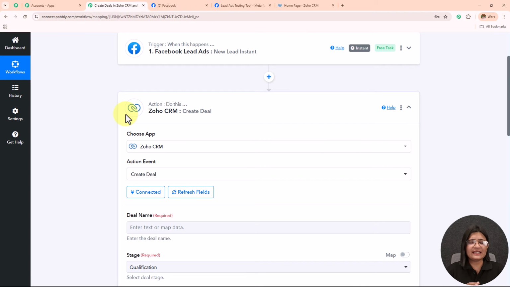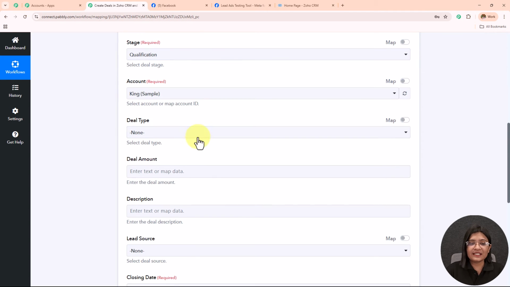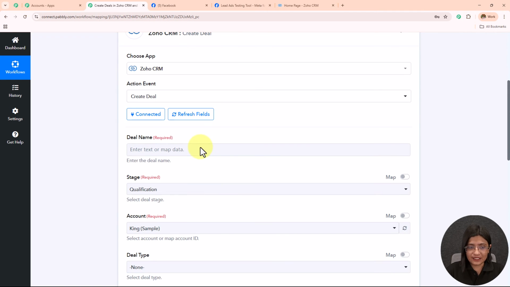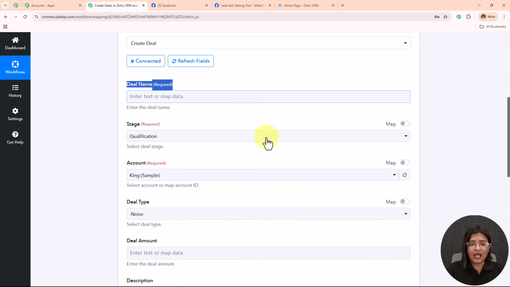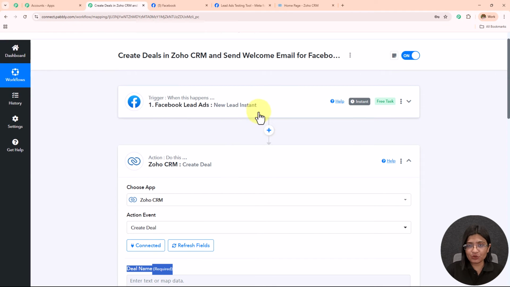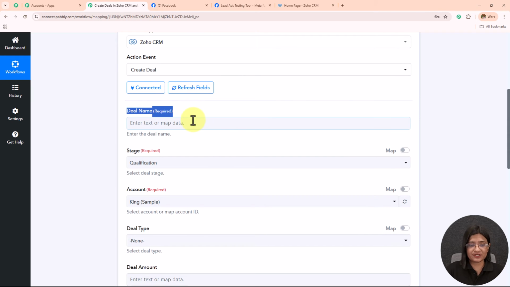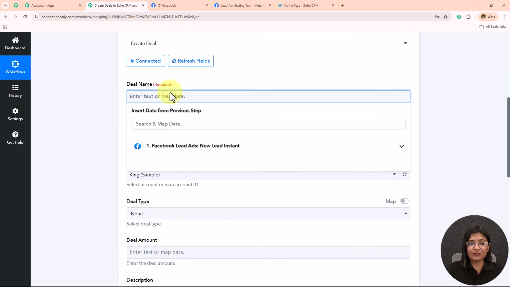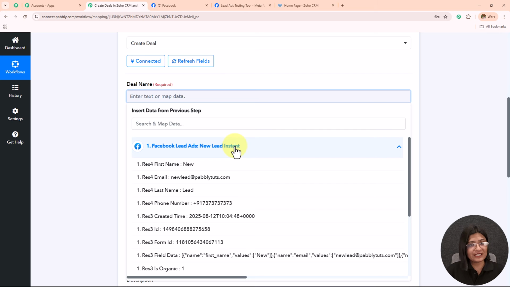Now here your data is completely saved with Pabbly Connect, so you can do this too. Zoho CRM is connected. I'm going to enter all these details now. So first is the deal name. I'm not going to enter any of these details manually here. I'm simply going to map all the details and the response which I have received from my Facebook lead ads. I'm going to map those responses here. And to map that, I have to click on this field. I have to click on the Facebook lead ads, and then I will be able to see all the responses